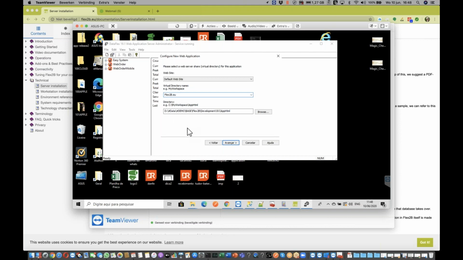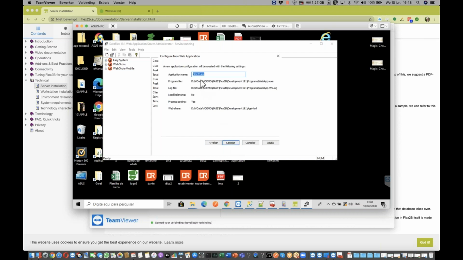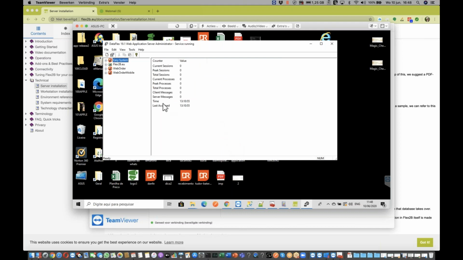That's European based. If you want to call it something like LA or whatever, go ahead, it's all parameterizable. The application name is, of course, contacted to Flex2B.eu. We're going to continue, and hopefully